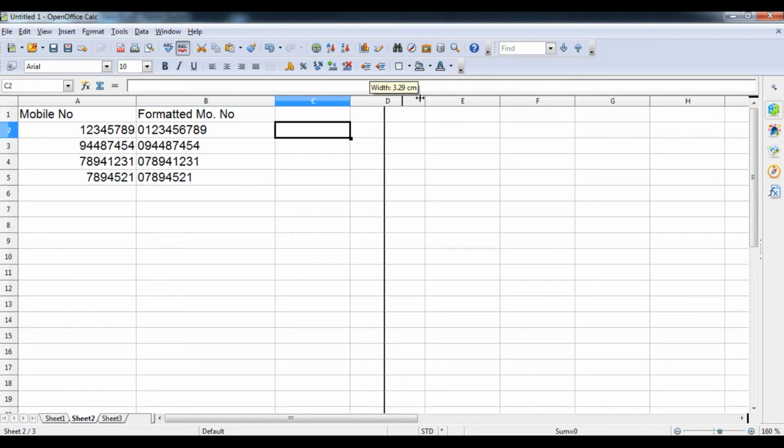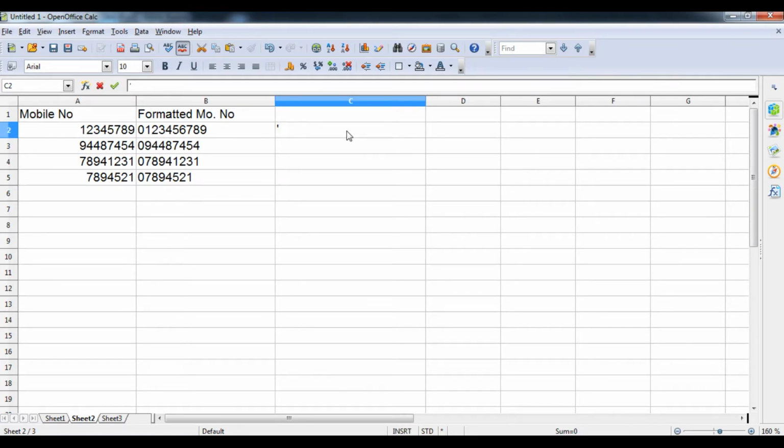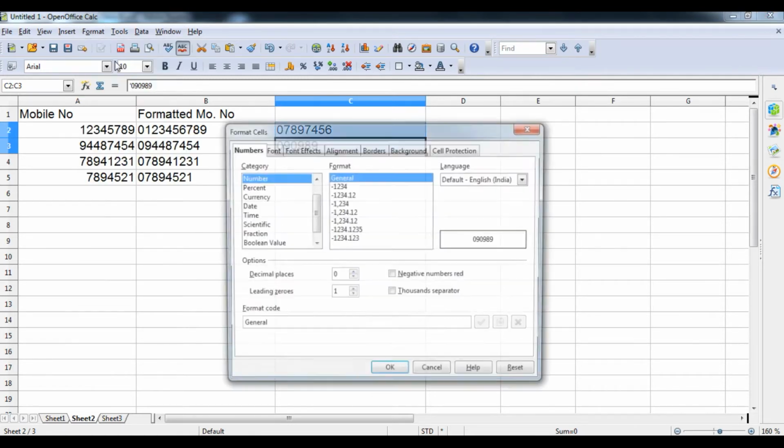Without formatting a cell using the dialog box, we can also enter the 0. For that, you have to press the exclamation sign, then 0, then any number you can put. Now you can see the number has been entered. So this is the second way to format a number as a label. Just press the exclamation sign and then any number you like, then enter. It will be considered as text by default. If you want to check its format, go to the Format option and then Cell.